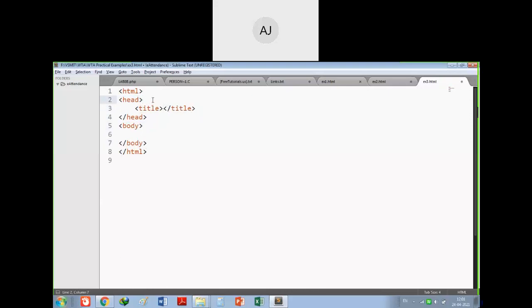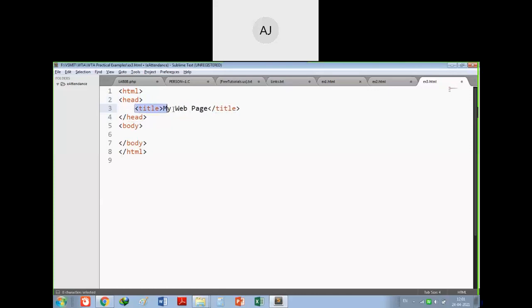I want to include some external files like a JavaScript file, a CSS file, different PDF or some bootstrap files. It is just like the hash include section, so that all these things will be maintained in this head section. Okay, so title, I want to give the title as my web page.